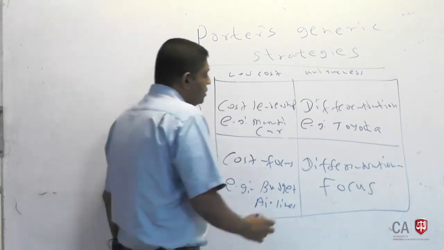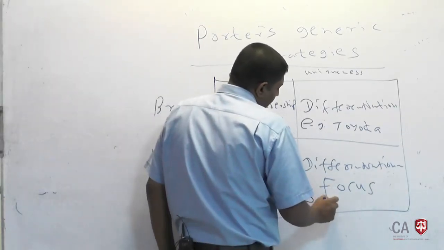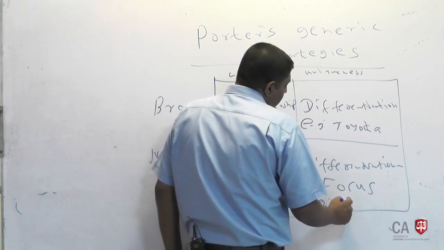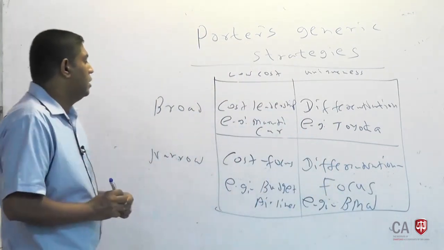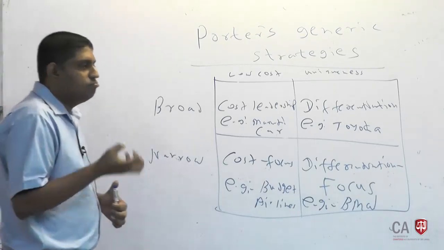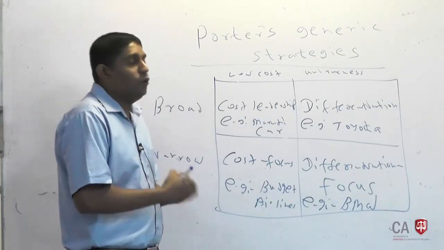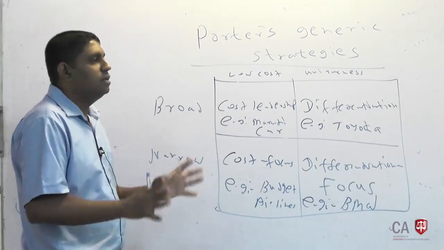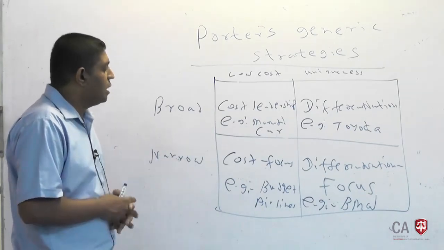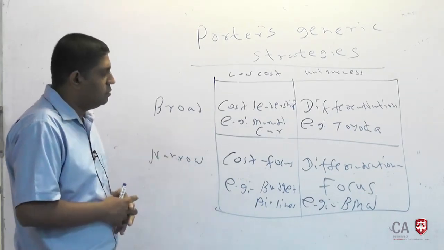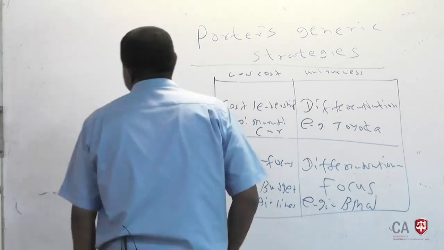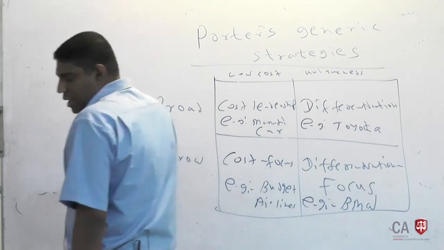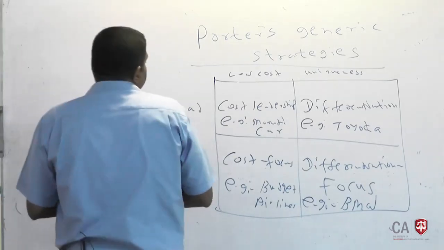Differentiation focus. What about BMW? Their vehicle is very unique, it only covers selected people, the rich group is covered, BMW vehicles. Differentiation focus. Actually, if you look at these two strategies,